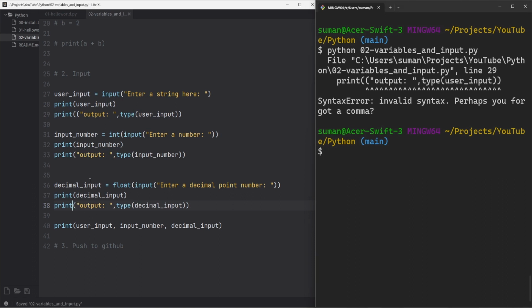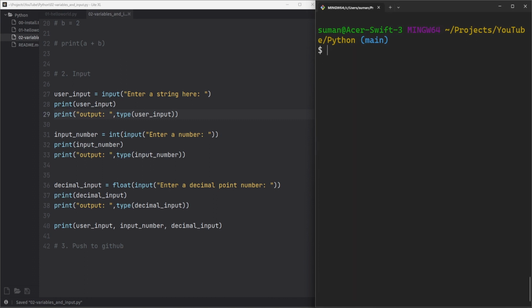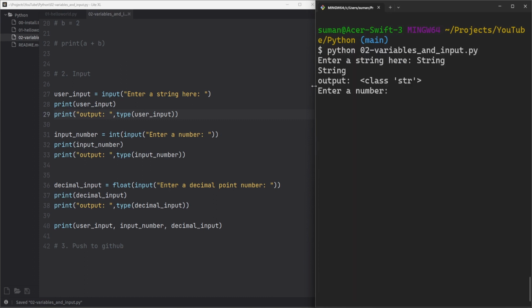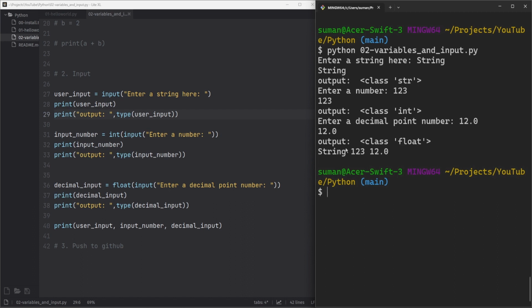Okay, we put double parenthesis here. We don't need two parentheses in the front, we need only one. So this should work. Enter a string, we enter a string. Now you can see there is an output. So now it's clear that this is from the output. We enter a number 1 2 3, enter a decimal point 12.0, and now it's clear that this is